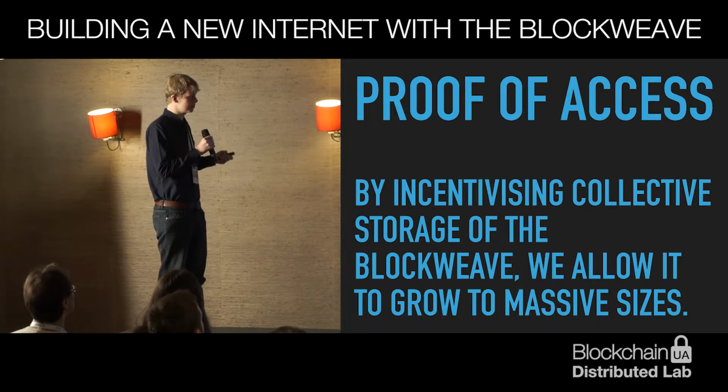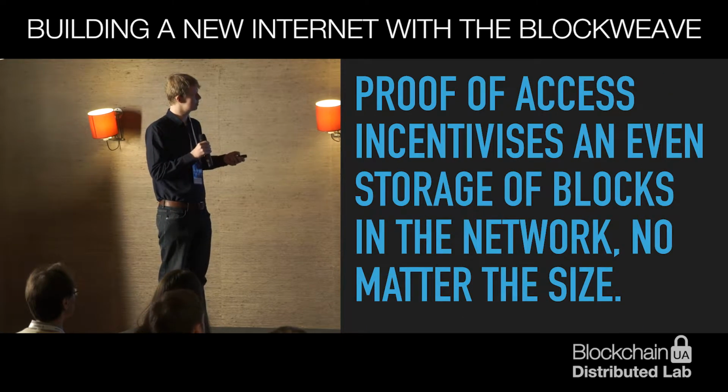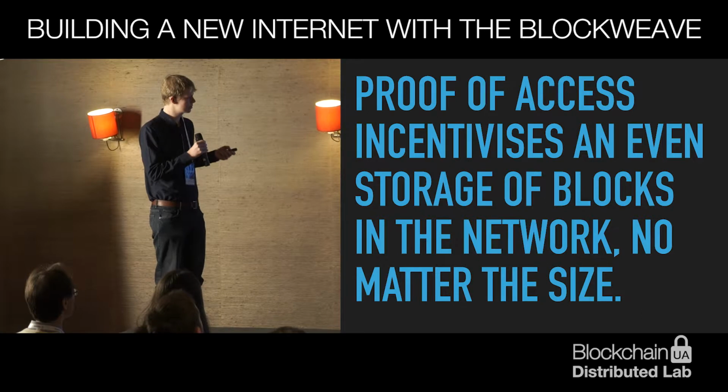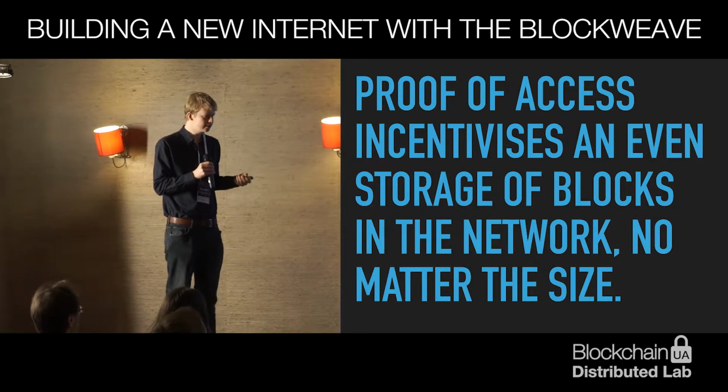And they're rewarded proportionally to the amount of data they store. And this has another really cool property, which is that it incentivizes even storage of the blocks in the network, no matter the size of the network. So what this means is,